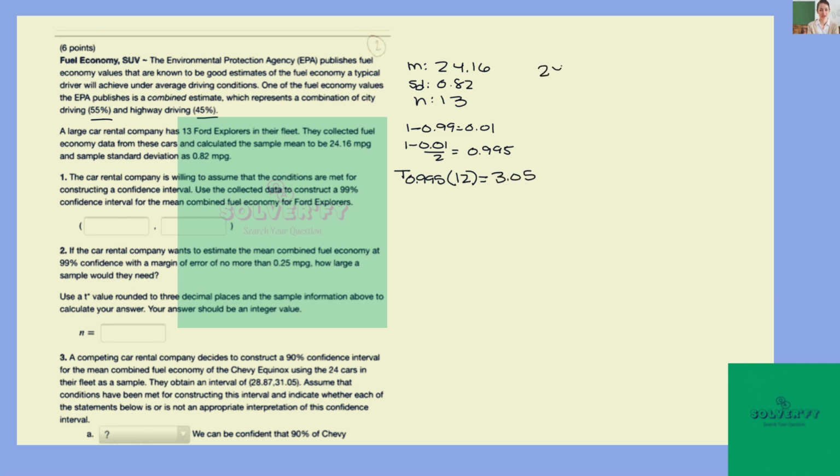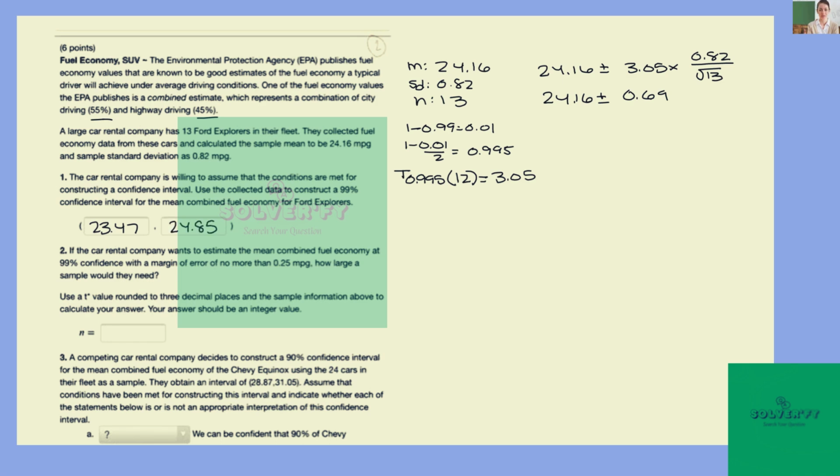So then you're going to take 24.16 plus or minus 3.05 times your standard deviation of 0.82 over the square root of 13. So then you have 24.16 plus or minus 0.69. And so your confidence interval is going to be between 23.47 to